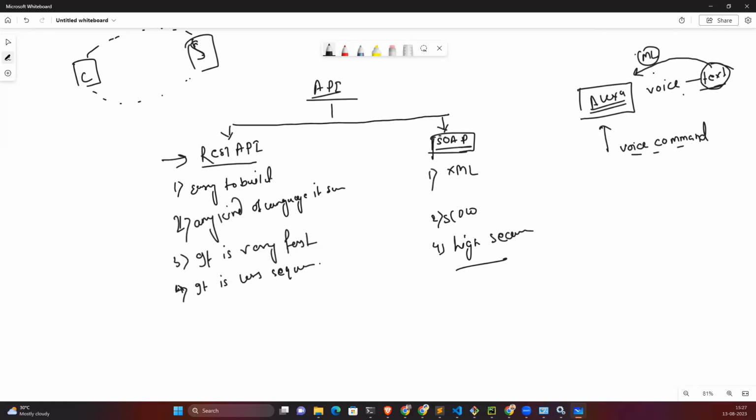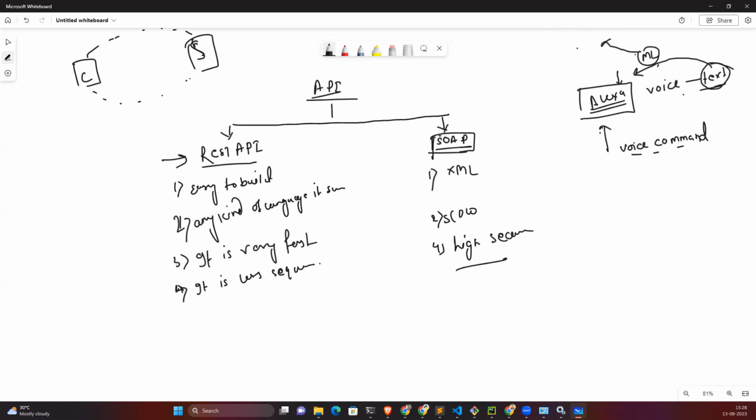And then let's suppose I have given the instruction to play music, right? So for music, it will go to the music API. I think it is using Hungama Music or Gaana Music or some different kind of application. So it is internally calling the Hungama Music API or Gaana Music API to get some music, and this application gives the response to Alexa, and Alexa plays that song. This is a very simple architecture as an API. Again, internally it calls different kinds of applications, and that gets done with the help of the API.